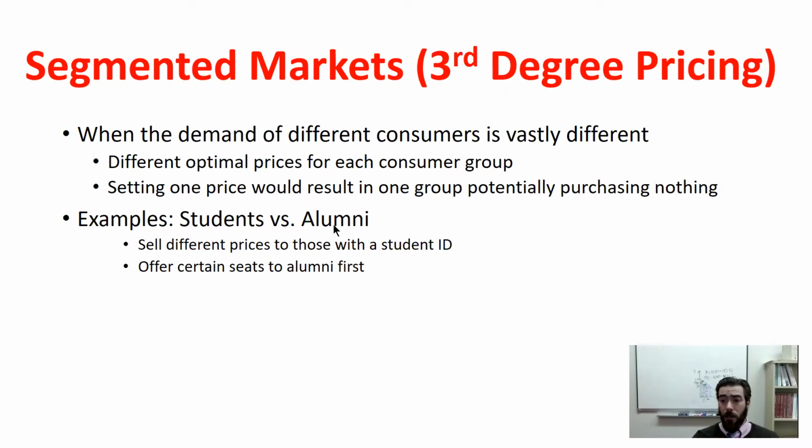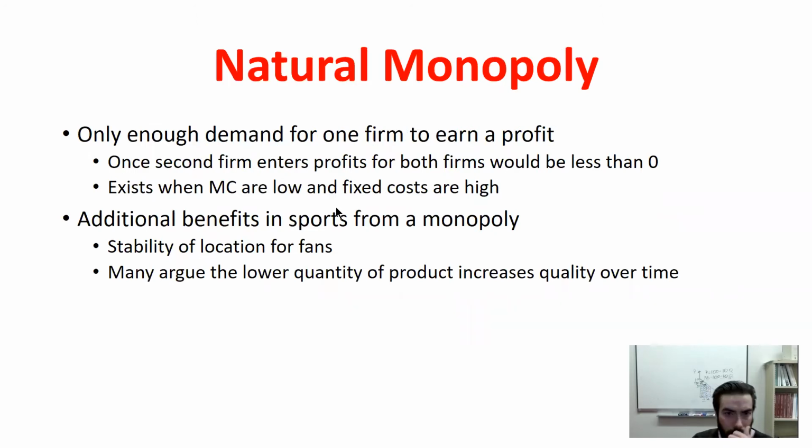Because if I'm an alumni and the price is higher, well, I'm going to try to buy a student ticket because I just want to go to the game and it's a lower price. Well, that's when you try to set things like they have to have a student ID, they have to have an ID that shows they're a senior, right, over 65, or whatever the group is that we're trying to target. So segmented markets, pretty easy. And just, instead of setting one price for all consumers, we try to set a price differently for consumers based off of a characteristic we think influences their ability and willingness to pay. Okay.